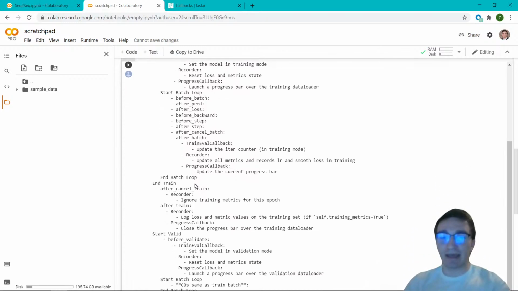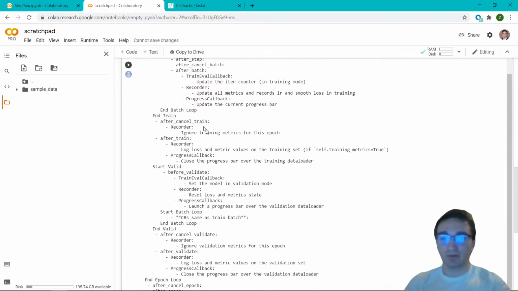And then after the training, we don't really expect much to happen here. Instead, in start valid, it's going to set the model to the validation mode. So train eval does exactly as the name would imply. It only works with the model itself, setting when the model needs to go into train or evaluation mode, and